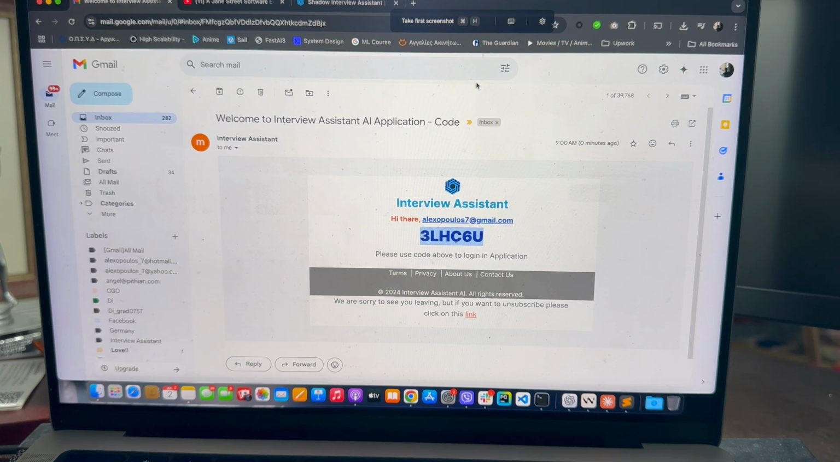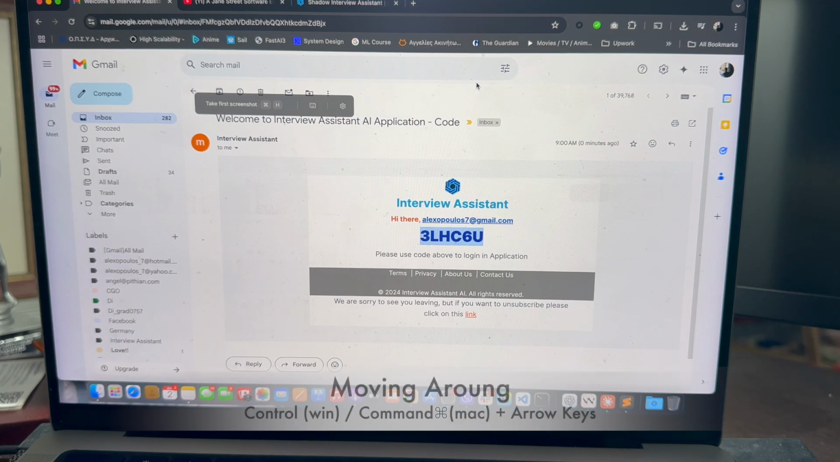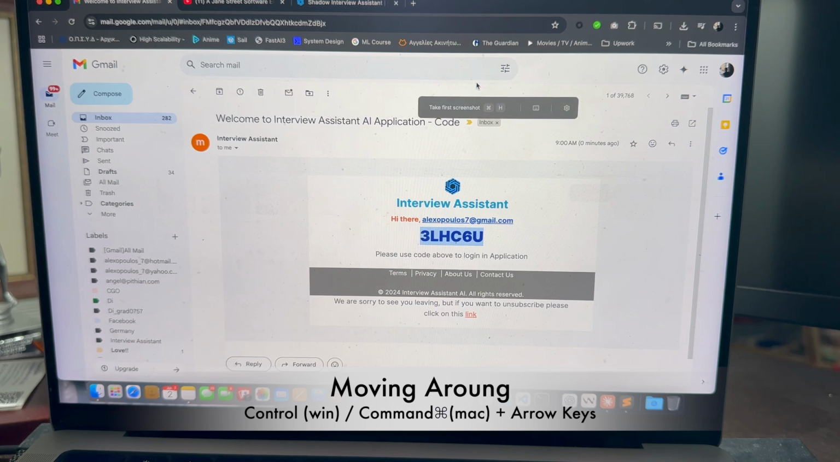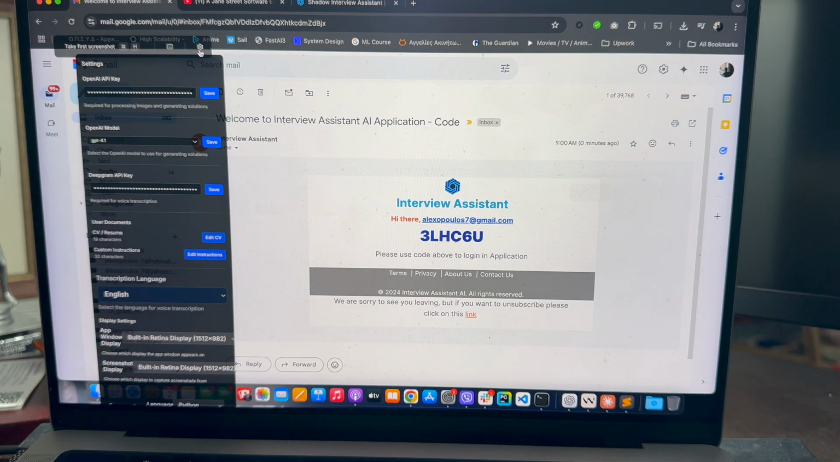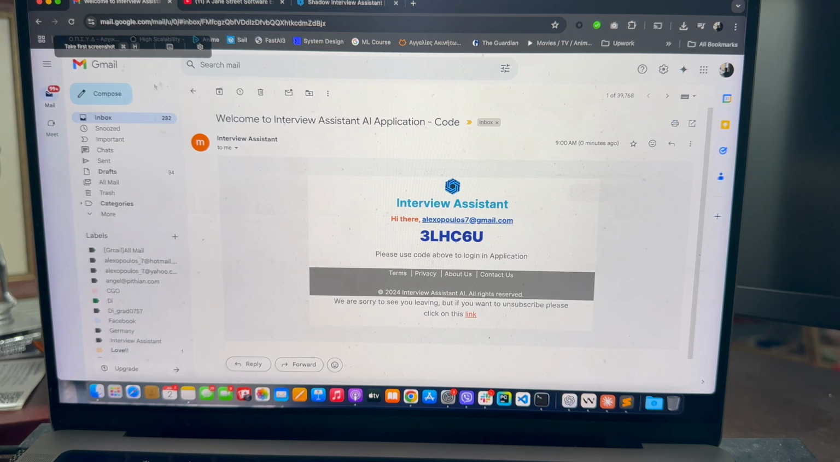It's this small bar that I'm moving. In order to move on Mac, I'm using Command and arrow keys. In Windows, it's Control. And you can move and place it wherever you want, depending on where the question is. So let's check a little bit the menu options. So here we can hover over and check